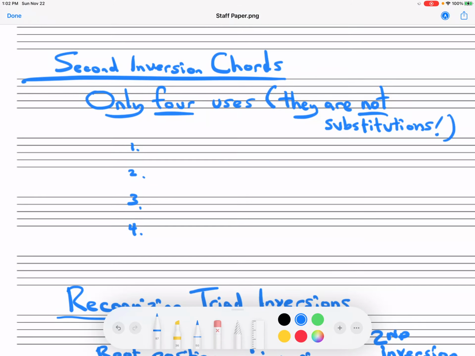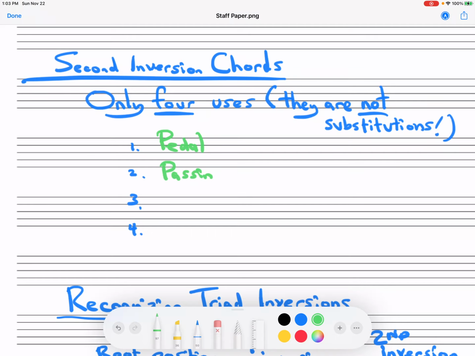In this video, I'm going to be talking about second inversion chords. Second inversion chords are not substitutions for triads in root position. They really only have 4 possible uses, and I'm going to give you the abbreviations for them, the one word title we'll call them by. In a later video I'll show you what each of these 4 uses are. So pedal,